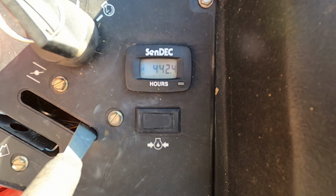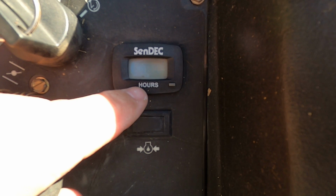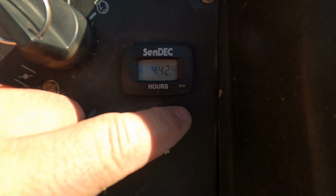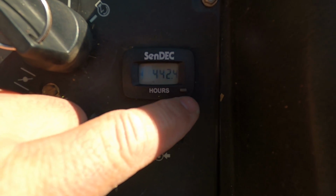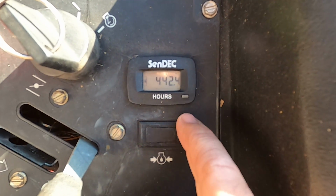I'm going to show you how to work one of these hour meters on these riding mowers. You can see this one's saying change oil now. It's because it hit a trigger. And if I hit the button once, that goes to my total hours that have been run on the machine,